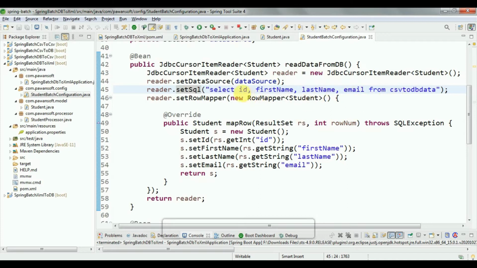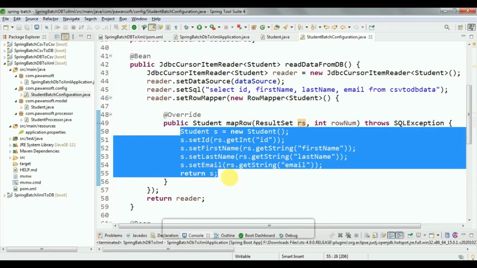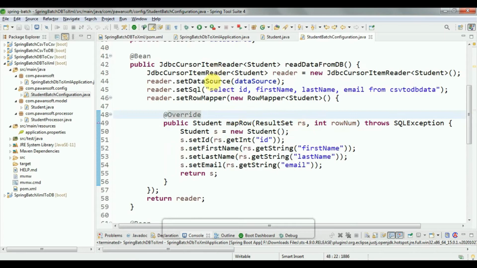I have written select id, first name, last name and email from the CSV to DB data table, and then write the row mapper to fetch the data from the result set and store it in the Pojo class. Then return the reader instance.